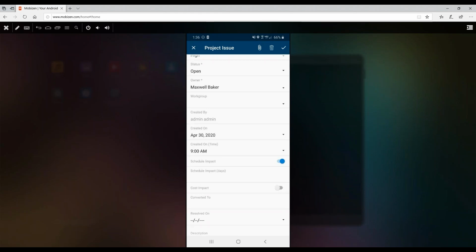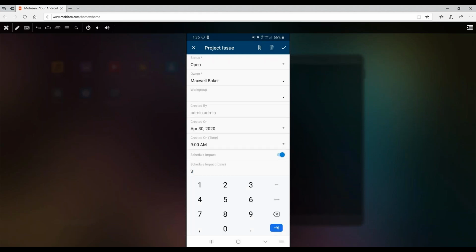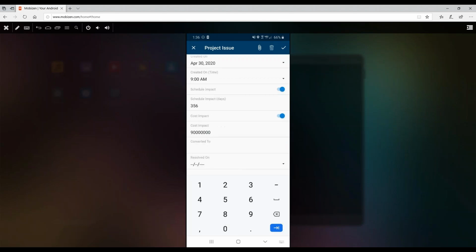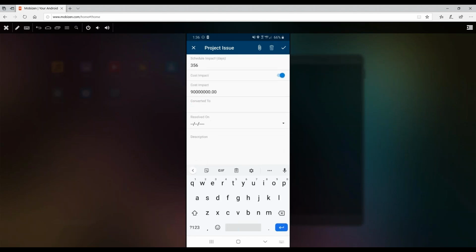Schedule impact, if we do move forward with it, this is going to be 356 days. There is a cost impact, actually. Everything that we're going to have to mitigate the disaster that we did, and we're going to have to start from scratch. So I think this is probably going to be something like a $9 million cost impact. Is that 90 or 9? Whatever it is, and we're going to go ahead and